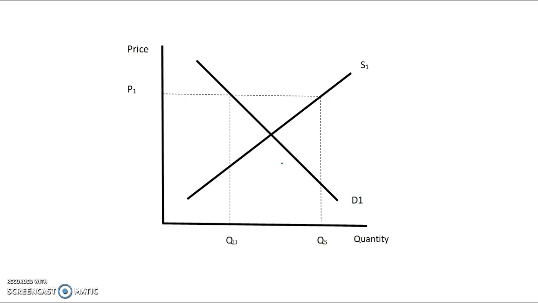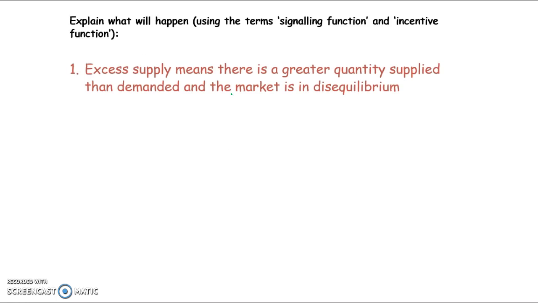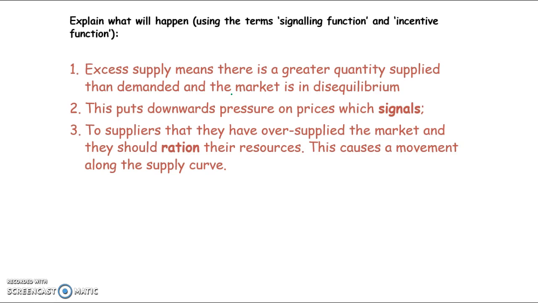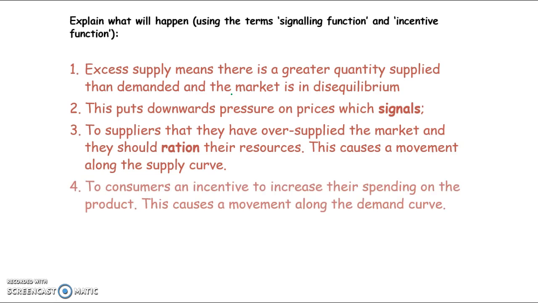And that's how we get to equilibrium in the long run, and we can also look at it from the other way around, which is excess supply in this market. So the price is set too high, we've got this amount being supplied to the market and this amount being demanded by the market. So we start off with excess supply, meaning there's disequilibrium. Now this is going to put downwards pressure on prices, which signals to suppliers that they've oversupplied the market, and this time they're going to ration their resources. So there might be other things that they could put these factors of production into that is going to make them more profit. So this is going to cause a movement along the supply curve,